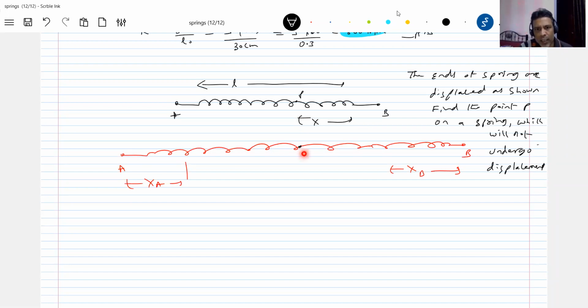Are you looking at this? So where is the point P? There only I'm showing it. Is it possible to locate such a point? Again, what is the formula? The strain in one part should be equal to the strain in the other part. So the formula will proceed here. Strain in the part BP should be equal to strain in the part PA. Now, what is the strain in the part?